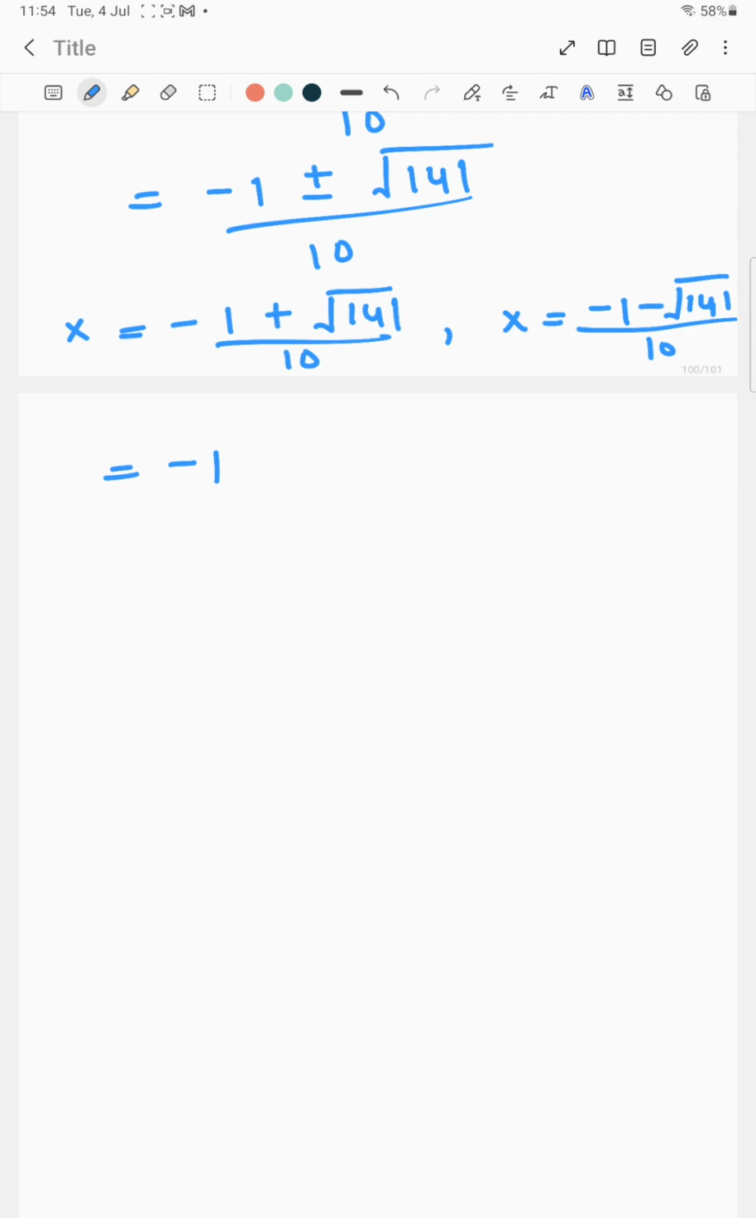The square root of 141 is 11.87. So you can write 11.9 divided by 10. So 11.9 minus 1 is 10.9, and when you divide it by 10, you will get